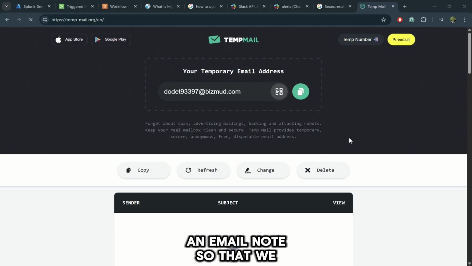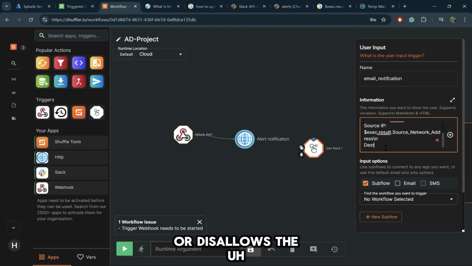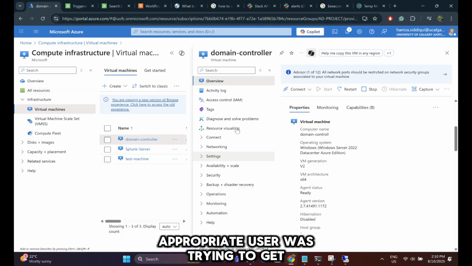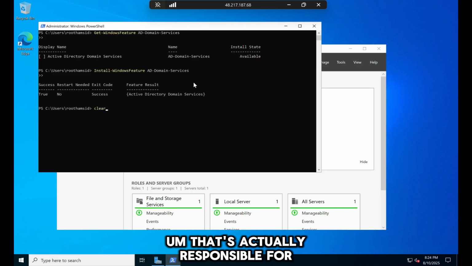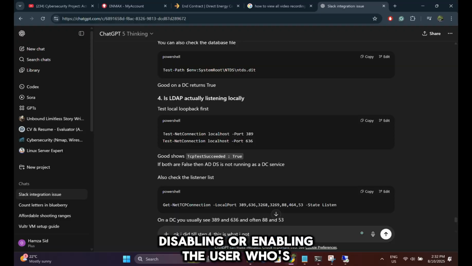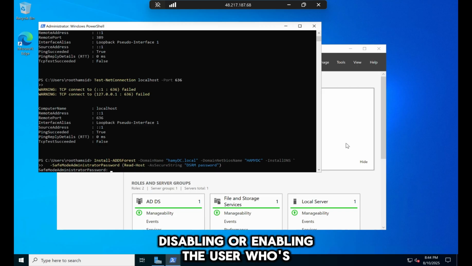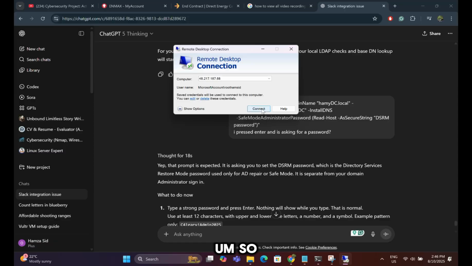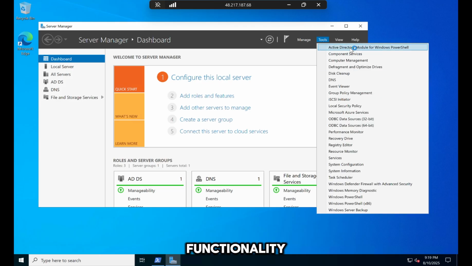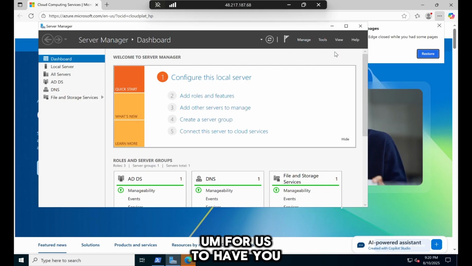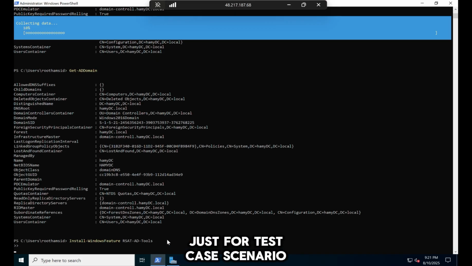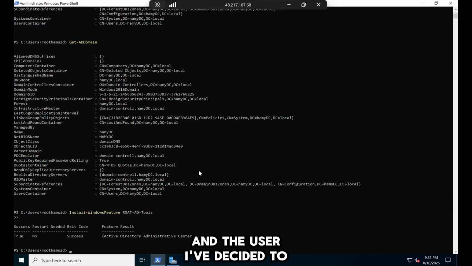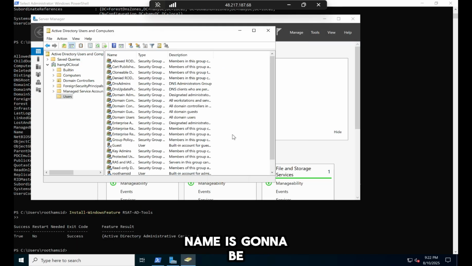We're going to be setting up an email node so that the SOC analyst gets the email and then allows or disallows the appropriate user who's trying to get in. And then we're also going to be using the Microsoft node that's responsible for disabling or enabling the user who's trying to get in. So this node is going to provide the functionality for that to happen. We're going to be creating a new user just for a test case scenario, and the user I've decided to name is going to be